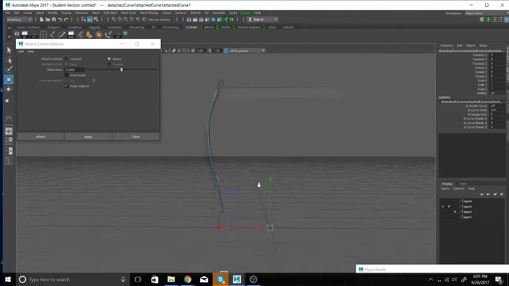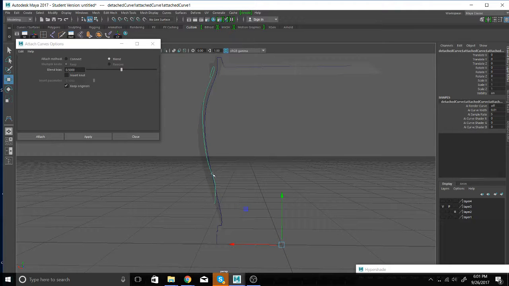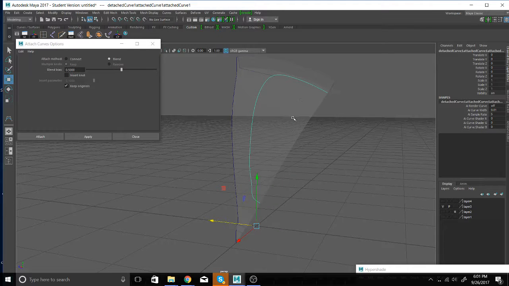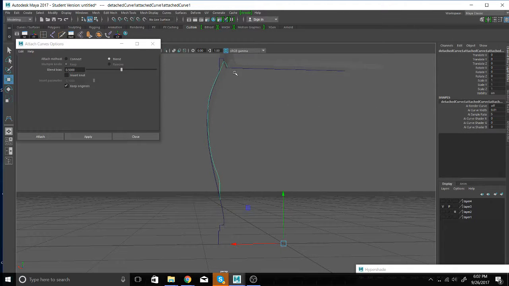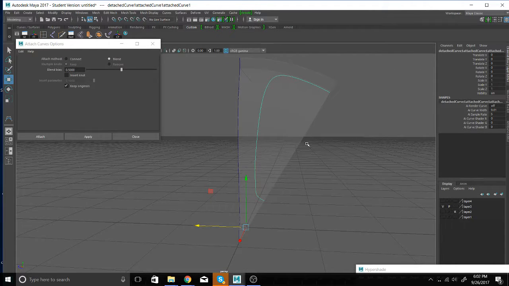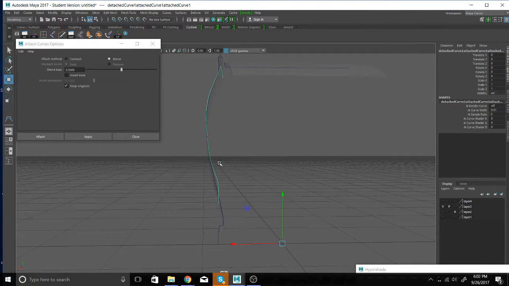I can see there's a little kind of wobbly effect here. The thing is, I only need to see it in a front view, and it's just going to project the line as it sees it onto the surface. So I select the geometry, and I need to make sure that this curve is entirely in front of this geometry. Watch what's going to happen. Right now it's going to fail because it's going through the geometry here, and then it's going through the geometry